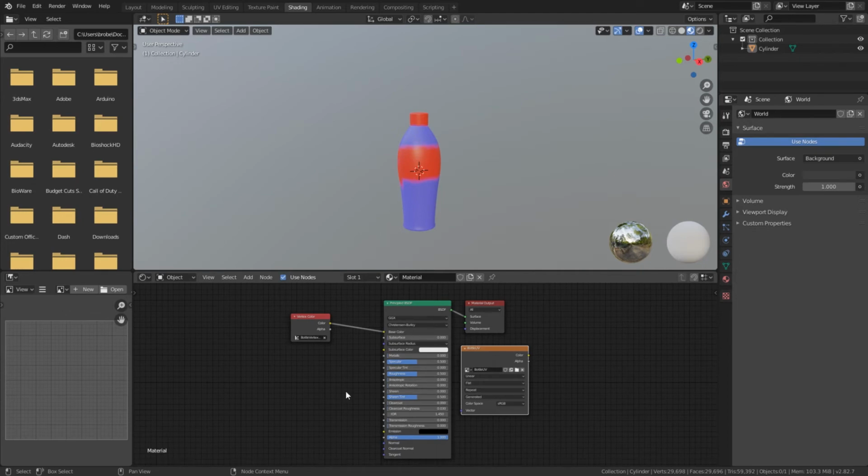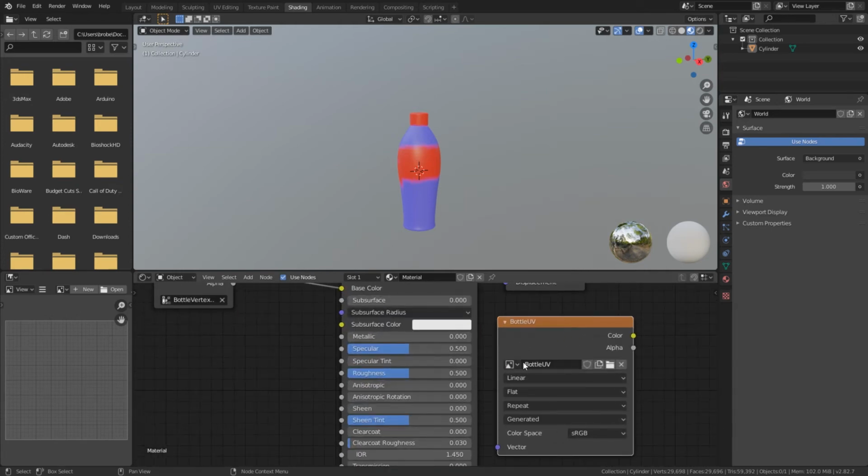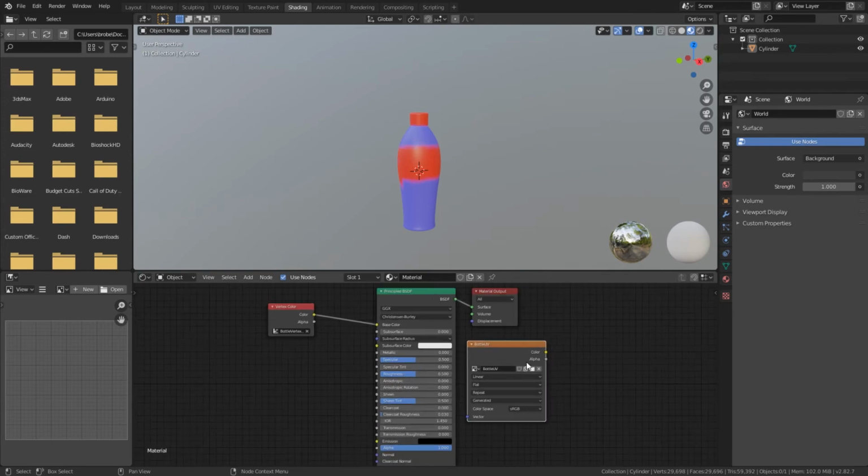We aren't actually going to be attaching this to anything, because we are basically going to be telling Blender itself to take all of the information that we've given it from this material and apply it onto that bottle UV and basically save over it. To do that, we're going to make sure that we have this bottle selected, which is currently named cylinder